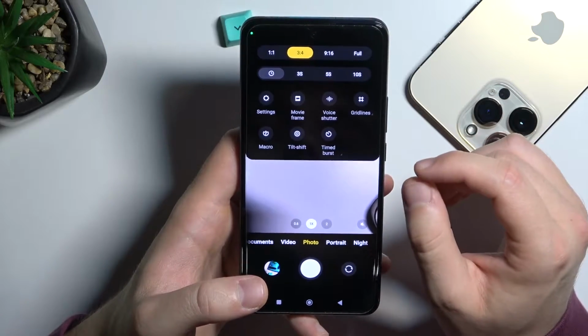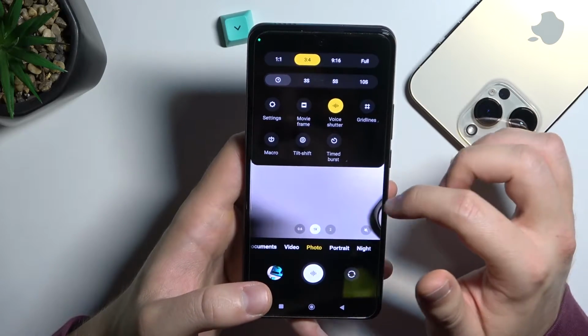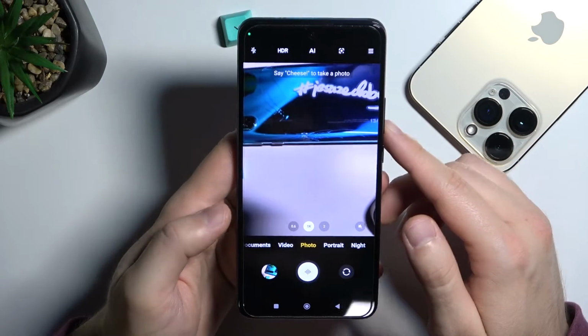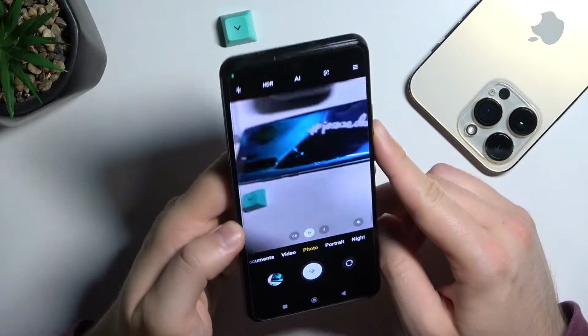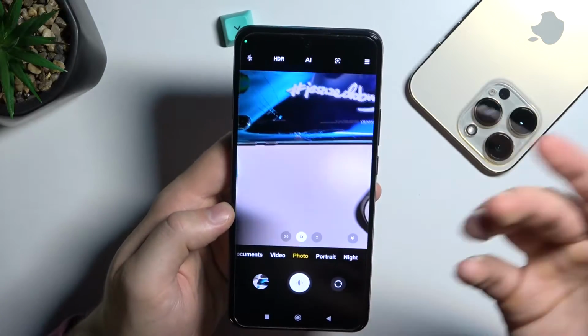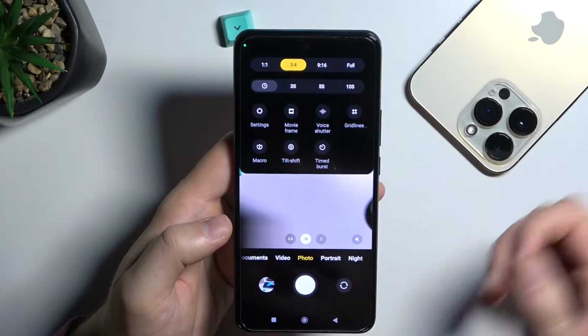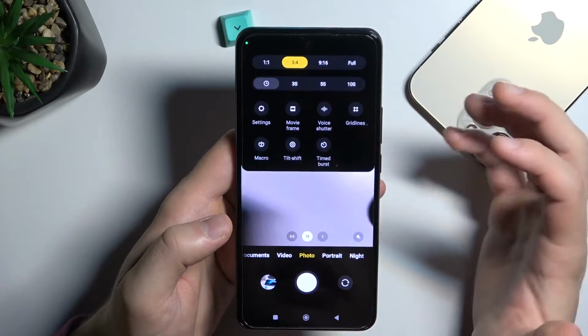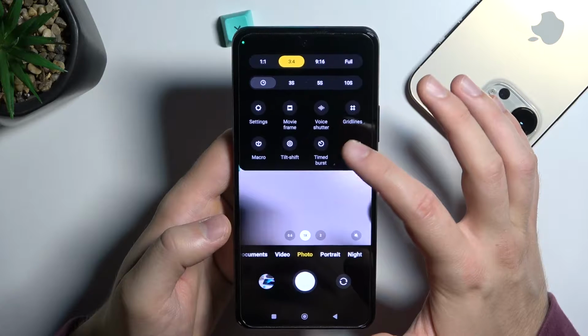And next, we can enable the voice shutter. So right now we have to say cheese to take a photo. Let's try it. Cheese. Okay, as you can see, it works. Let's turn it off. We can also find the time burst, and if you wonder what it is, you have to activate this option,